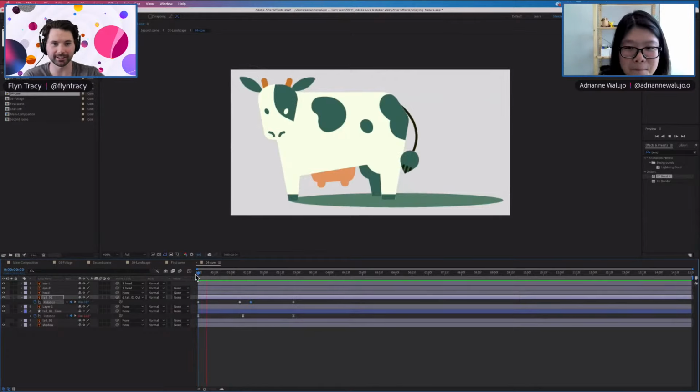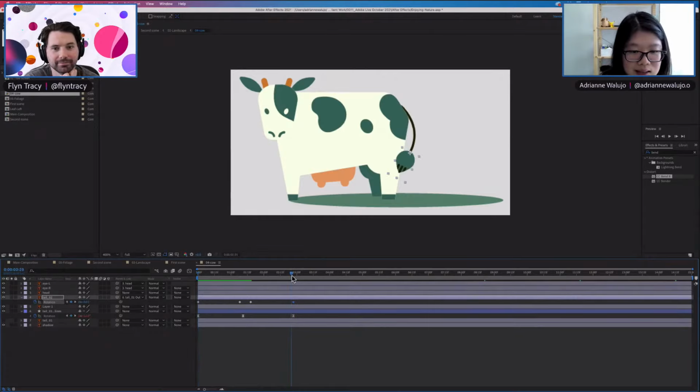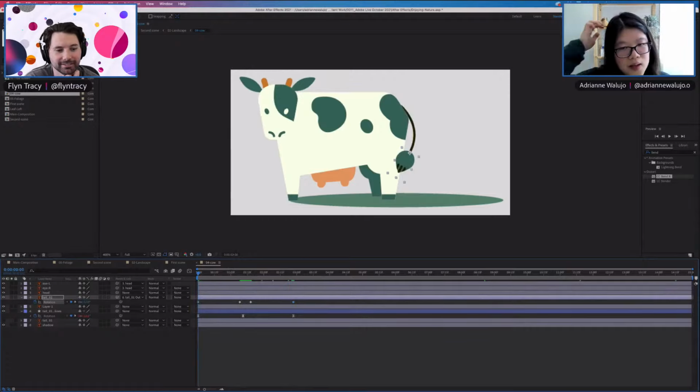Basically, in the real world, the tail would continue in motion a little bit longer, because things in motion keep going. Again, it's about timing, and it shows how heavy something is when you do that.